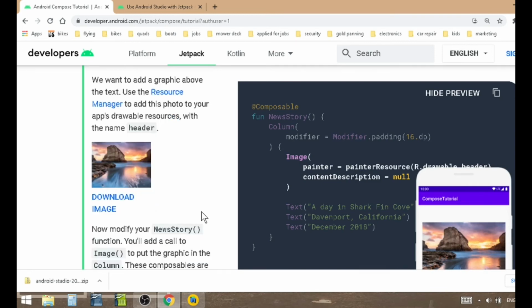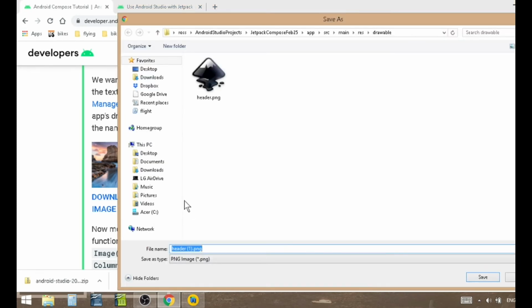We're going to add a picture, and we're going to use the resource manager to do that. First, we have to download an image, so I'm just going to click on that and download it. I'm actually going to put this where it needs to be. It's being saved as a PNG file, but let's put it inside